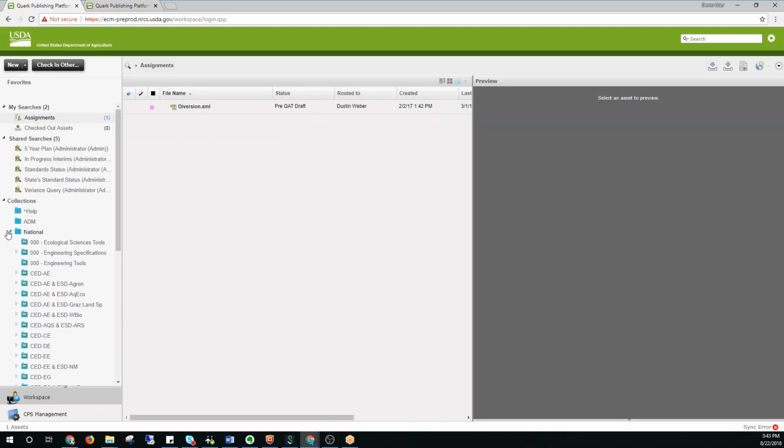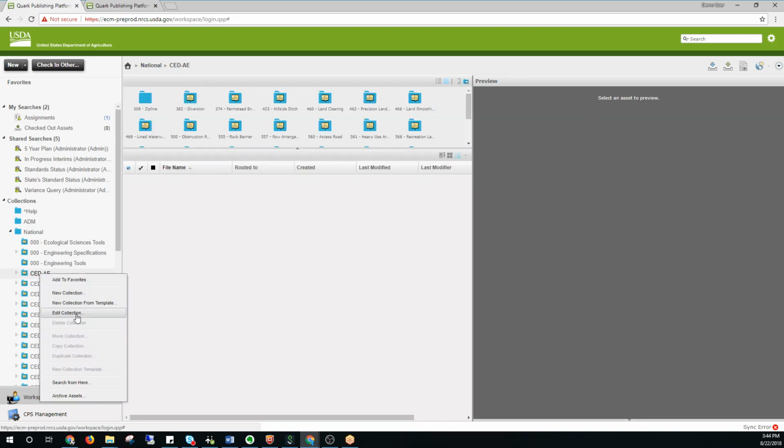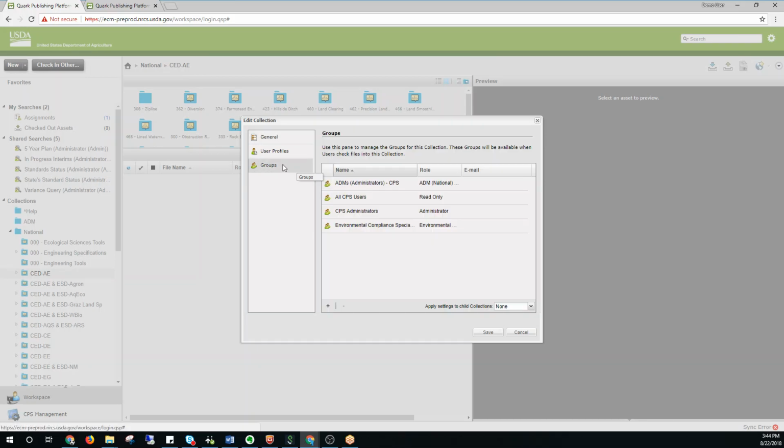As I go further down, let me go to CEDAE and right-click and do edit. Go to groups. Now we have the ADMs group added, and again, this one's here, and all CPS users. The reason ADM is here is because ADMs are allowed to create new collections and things. So if I save,